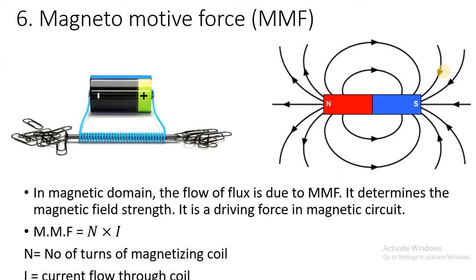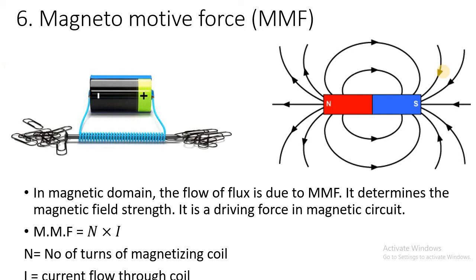Ampere turn, not only ampere. It is called the ampere turn. Why ampere turn? Because I is measured in ampere and the number of turns is measured in turn. So ampere turn is one way, or another way, it is also called only ampere. In some books it is given only in ampere, but in the original pattern it is called ampere turn. So MMF is measured either in ampere turn or in ampere.